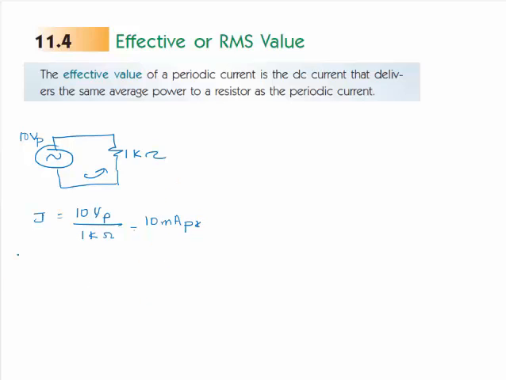So this is peak values, right? But if I do instantaneous values